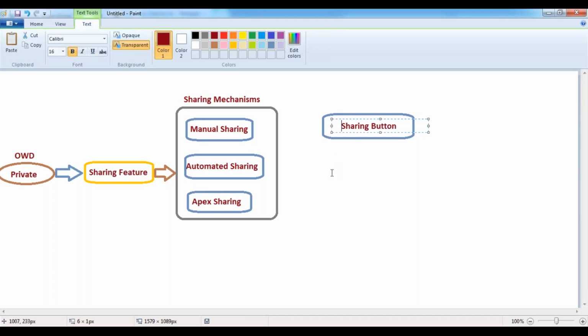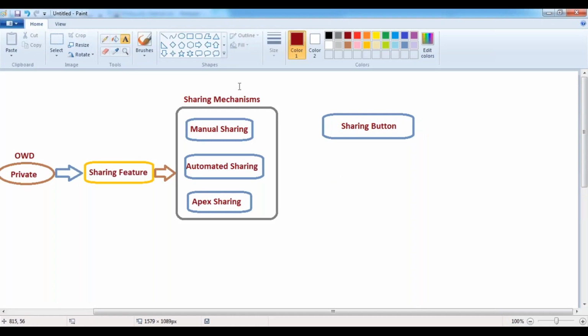With the help of this sharing button, we can share the record to the required people manually. That facility is available here.